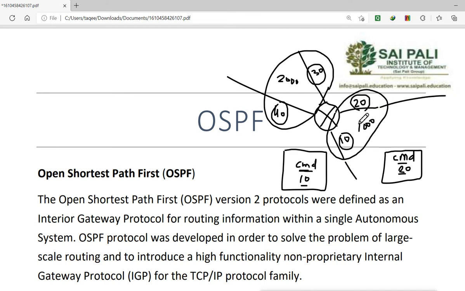Now, the process ID we configure here, it is not necessary that we have the same process ID on the other side. Like from this side, this network is connected to another router, and in that router we have some networks here, let's say network 50 and network 20 here. Now these two networks are doing the routing with these two networks.